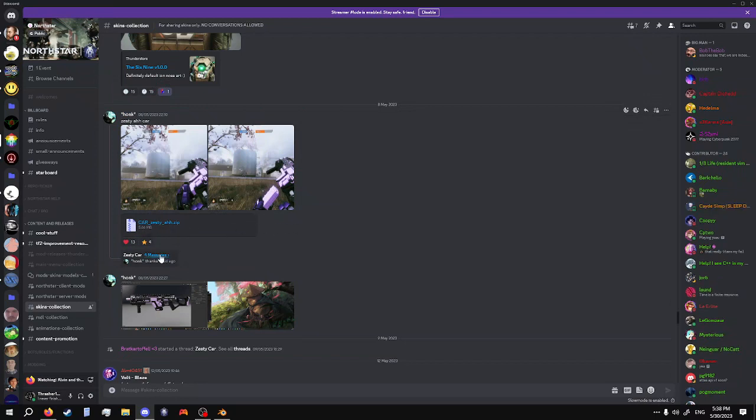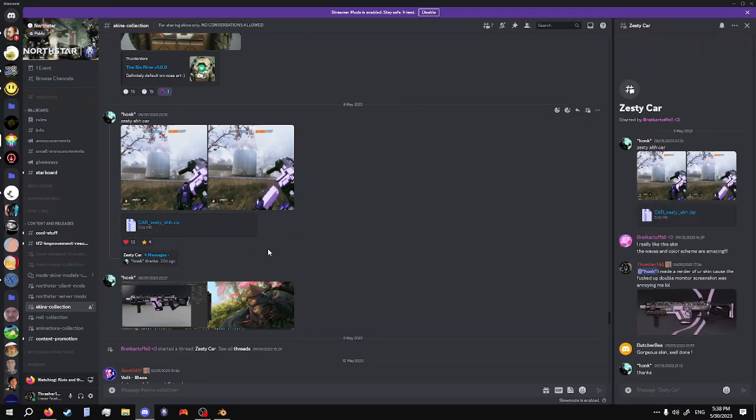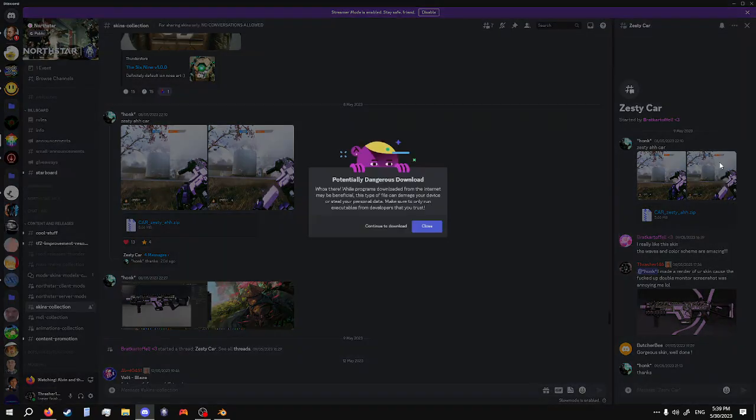This is kind of annoying, but there's two ways to release skins. There's DDS and there is star packs. DDS is like star packs, just kind of like DDS compressed really nicely. But what you can do is, if you have someone who's released their skin as a DDS and not a mod on like Thunderstore or whatever, which will be a star pack, you can just download it,